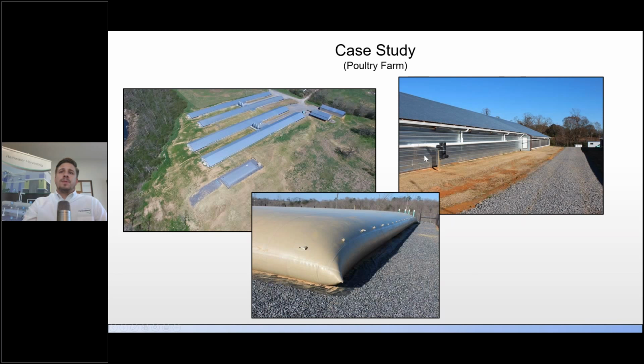So you can see on the top right picture, mounted again on this post, this is a pre-filter. So the downspouts are running through the pre-filter before going down into the ground in this situation. The pipe's not in place in this picture, but those underground pipes, after they go through the pre-filter, would route around towards this big storage bladder that's capable of holding 100,000 gallons. Even in this tank,